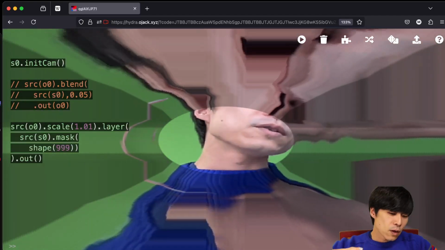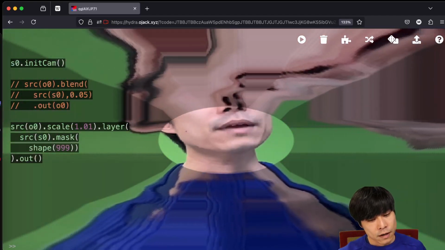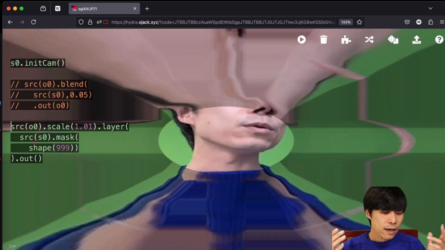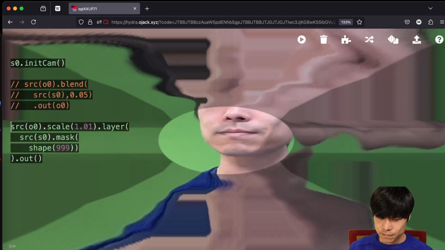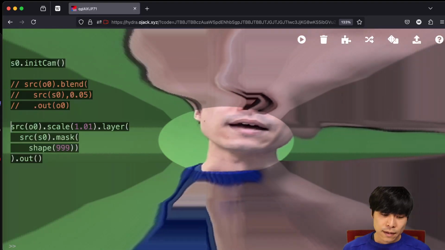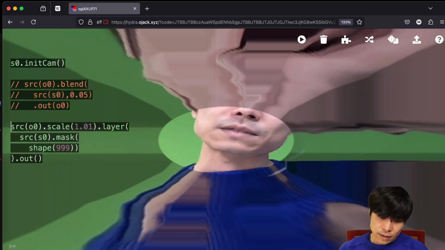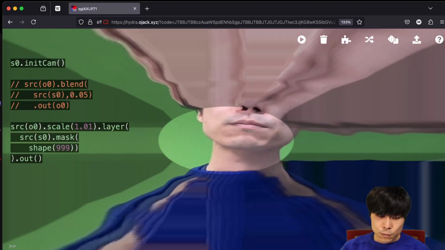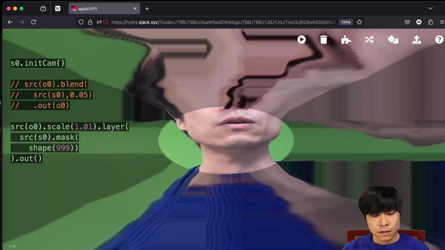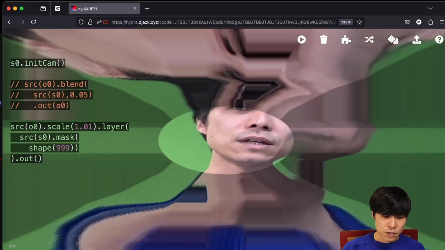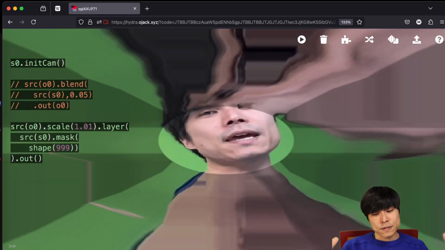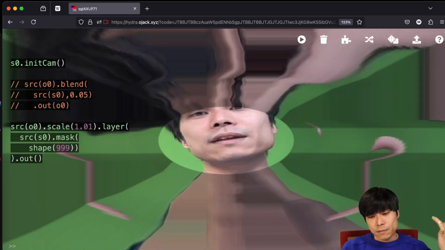So basically, source O0 is the previous frame, and it's scaled up, just like how we were doing with this blurry version of feedback with source O0 and blend. We use scale to expand the previous frame, but instead of blending onto all parts of the texture, I'm just slapping my image in the center. But because of the scale, it's expanded every frame, and it's